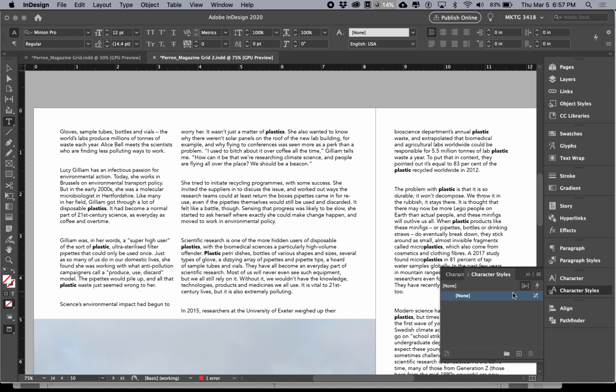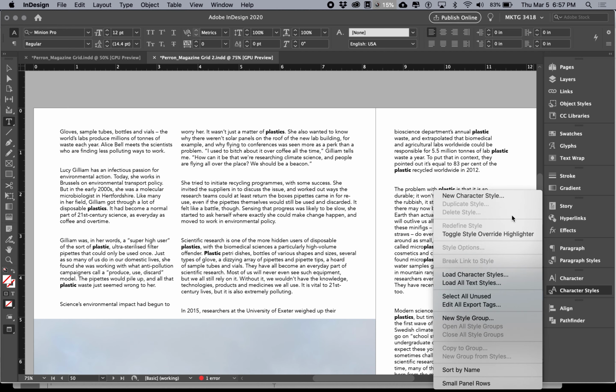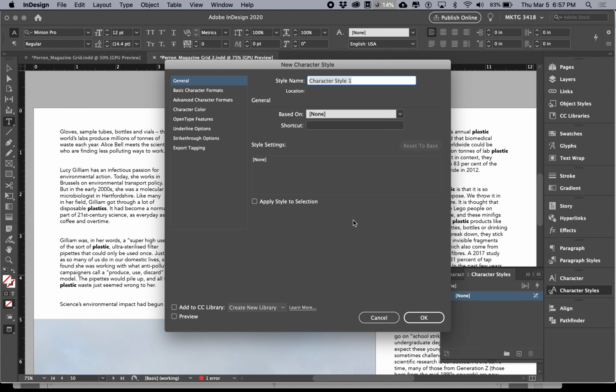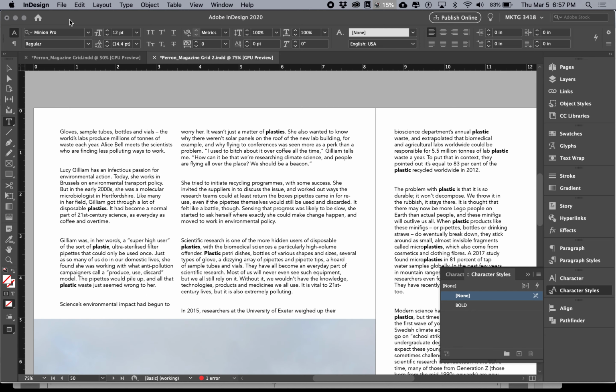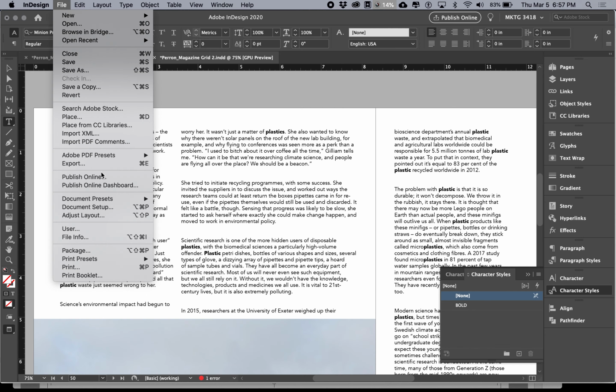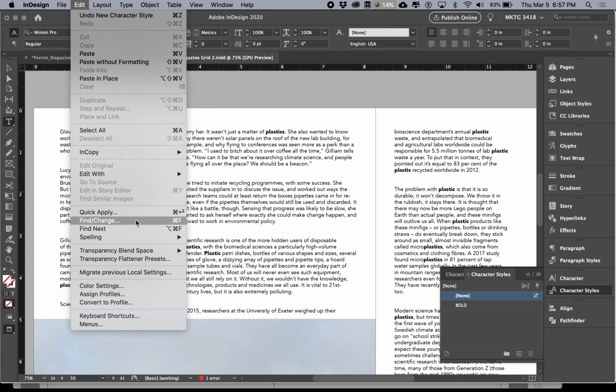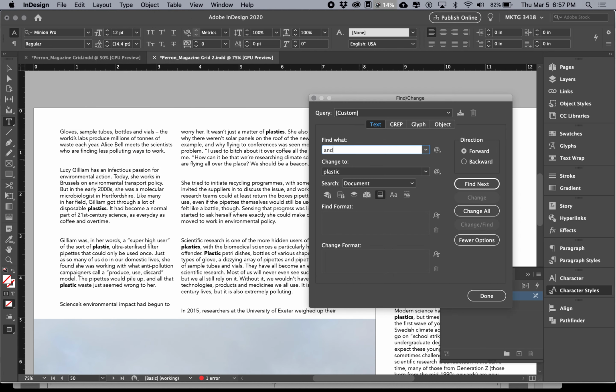Now, like I said, you can do anything you absolutely want to it. You didn't actually make the style there. You could alternatively have done a find change. You could first have made a style, so you could have made a character style, said maybe just bold. And what I like about doing it this way is that you can choose Avenir and you can make it black. And if you first make a character style called bold, and then I do a find change for something else, so you can see, I'll just do the word and then change it to the word and